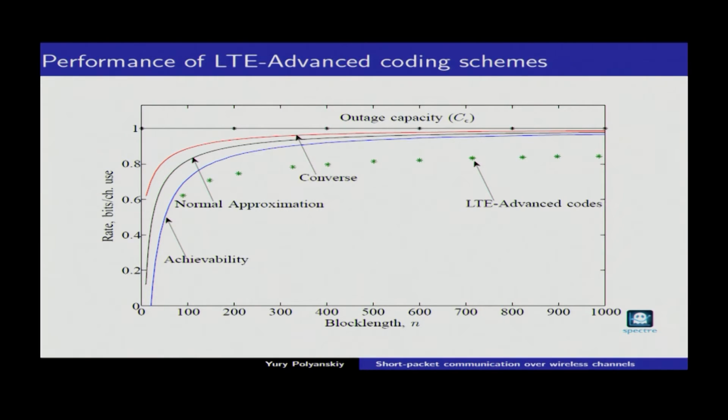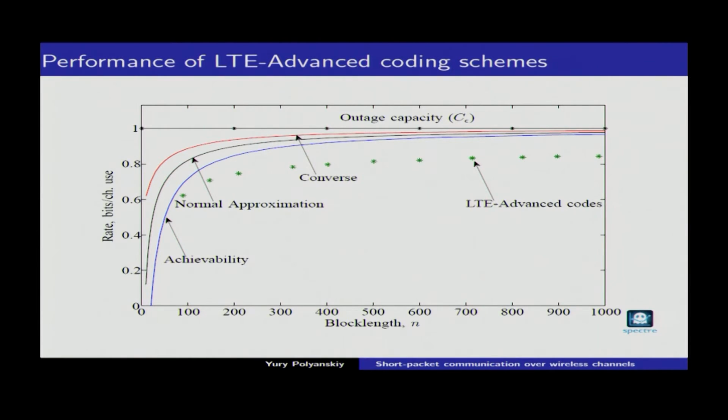This is the simulation by Ericsson of the LTE advanced codes. When we first got this, it looked to us that these asterisks repeat the shape of the Gaussian channel fundamental limits. Intuitively, it was very natural to say that these codes were designed for the Gaussian channel, right? Fading was an afterthought, basically. It's a little bit of a hack. So maybe they converge as if they don't exploit this. I kept saying this until one smart guy told me, no, Yury, you're an idiot, because the reason they converge so slowly is because they don't exploit the shaping gain.